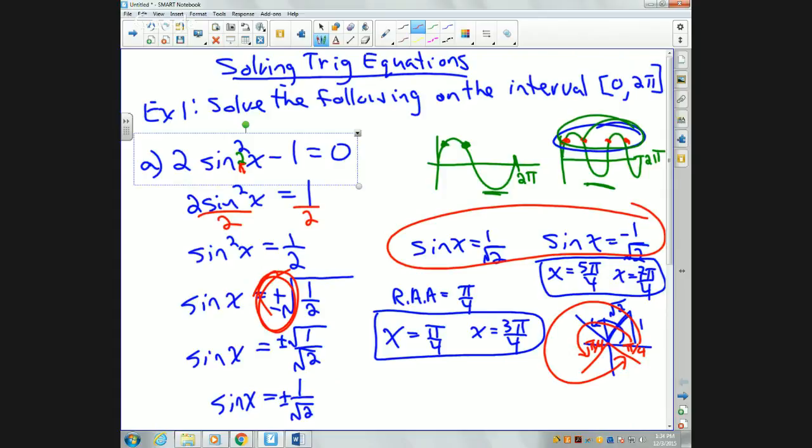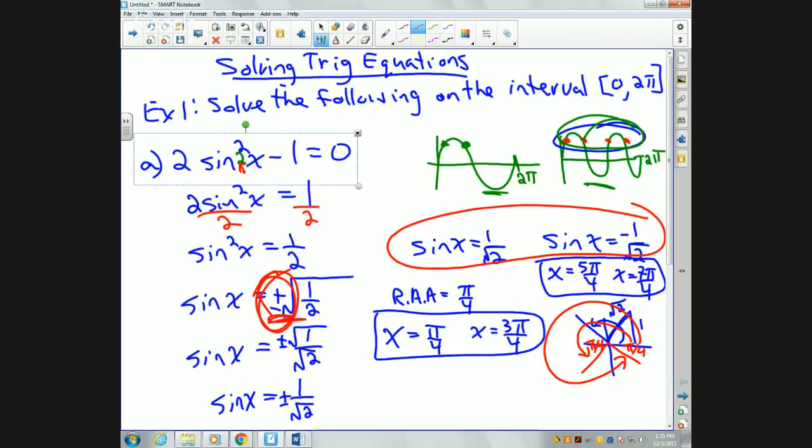Why is it four answers when they're squared? That's a really good question. When there's a square, this is a quadratic equation, right? Because it has a square value in it. When you solve quadratic equations, you often get two answers. You factor it, you get your two factors, and you set each factor equal to 0. So the squaring gives us two of the answers, which is why when we take the square root, we get